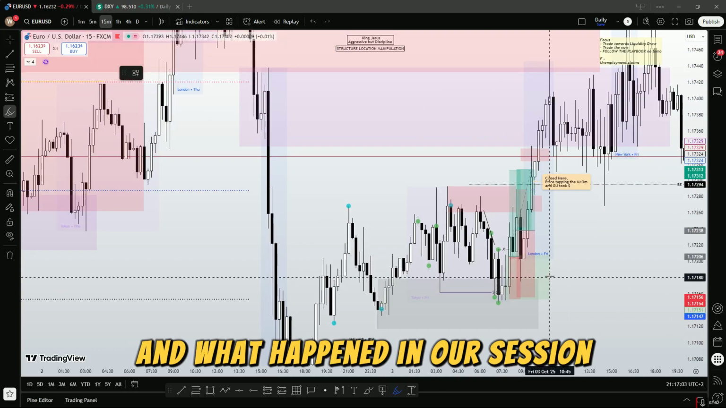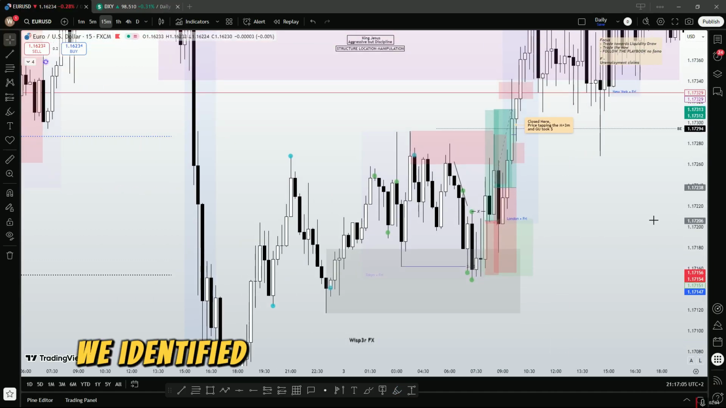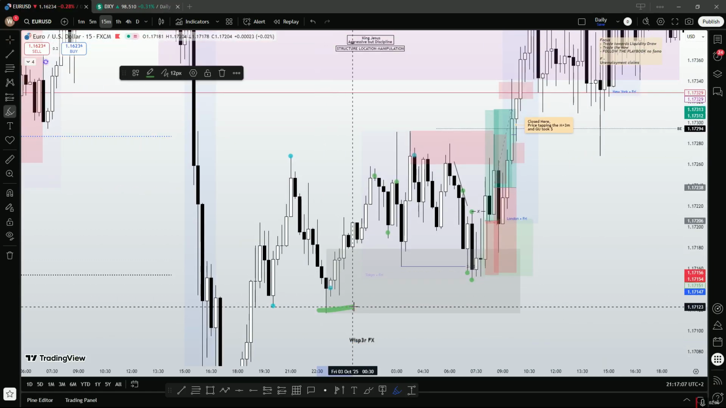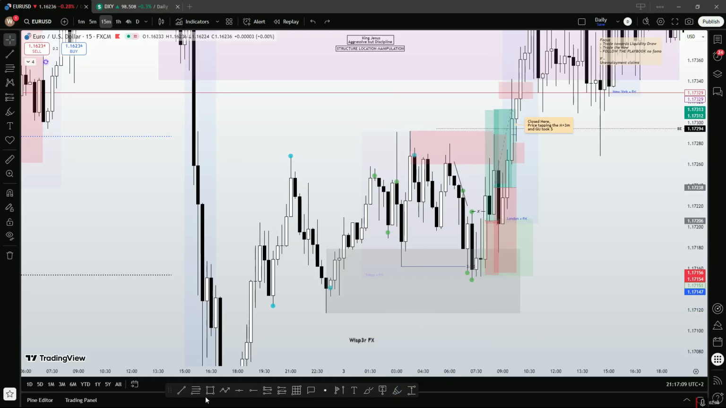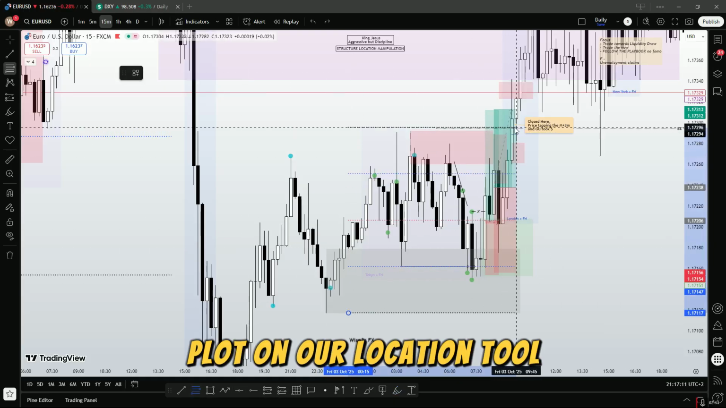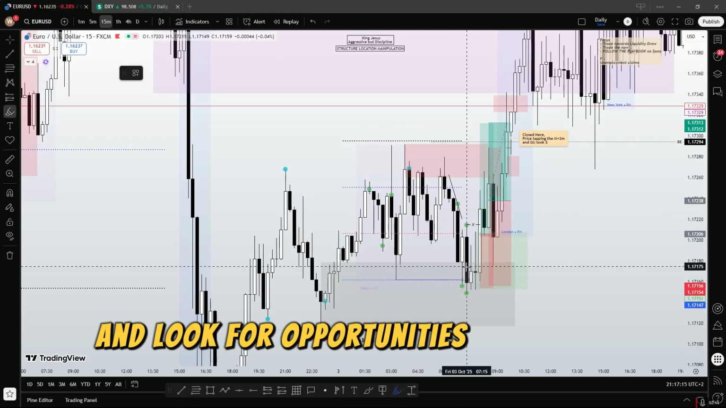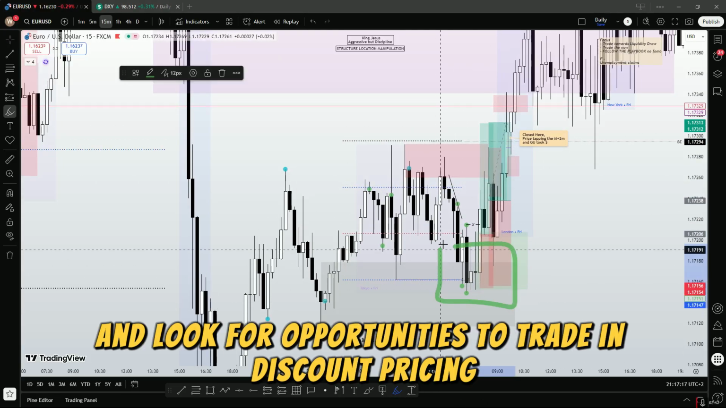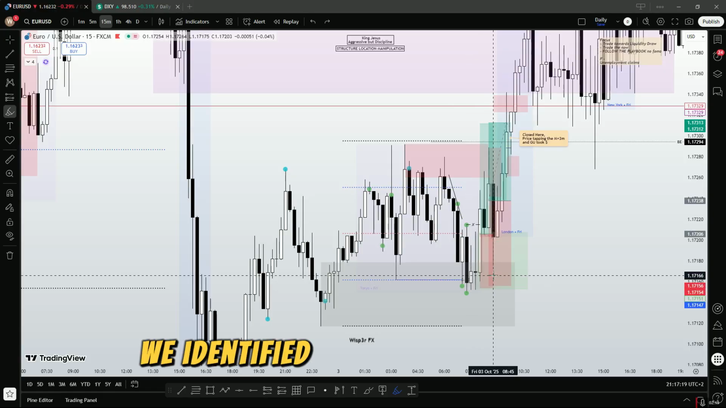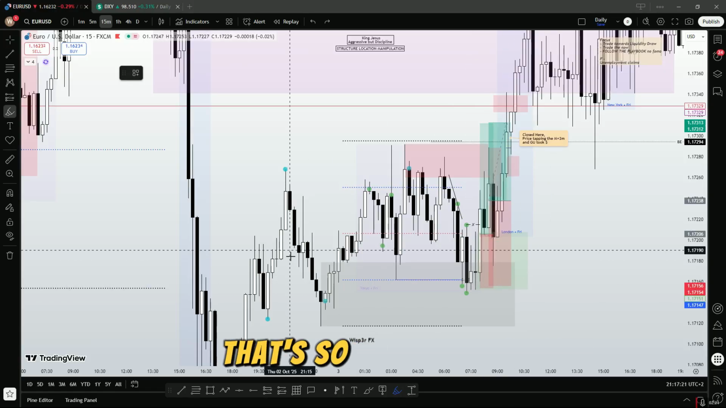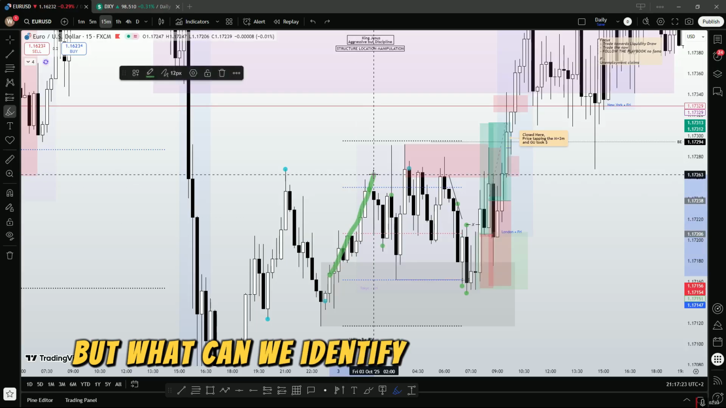And what happened in our session, we identified our most recent low and our most recent high, plot on our location tool, and we can identify and look for opportunities to trade in discount pricing. We identified up here a buy to sell that saw structural break, but what can we identify in this buy